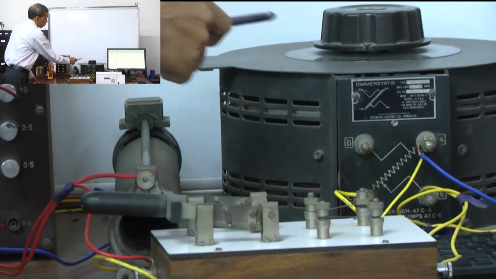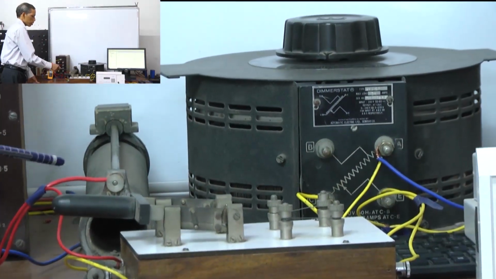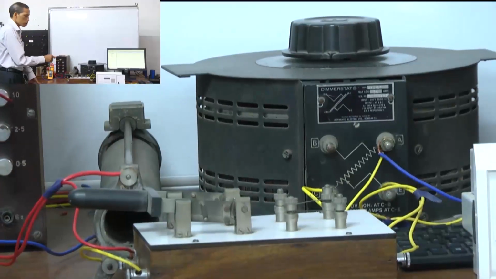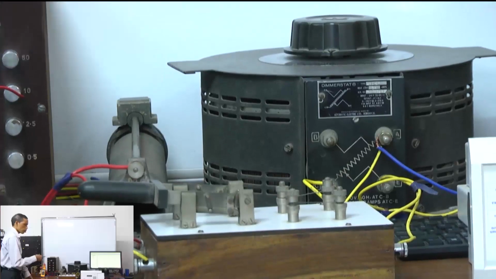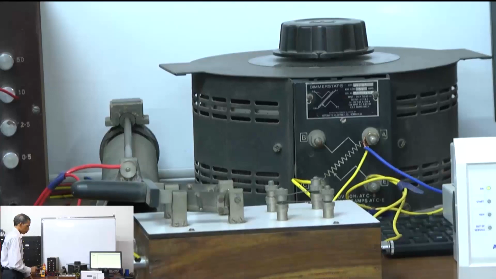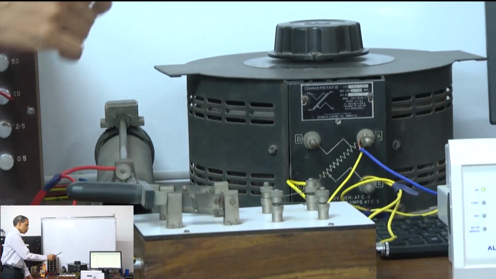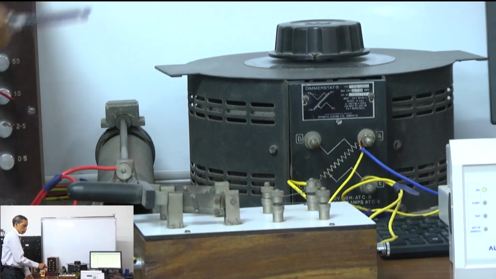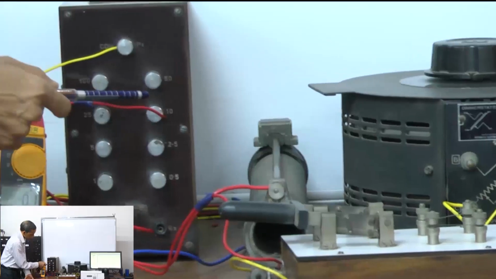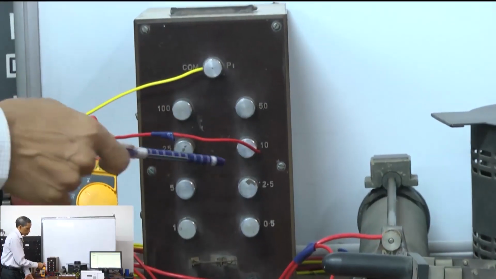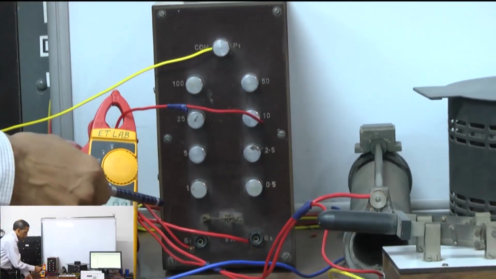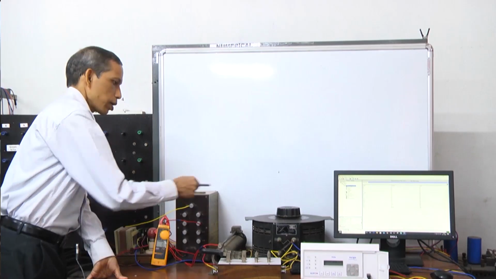When you go on increasing the voltage through the auto transformer, the current through the resistor increases. That is our power system, which emulates the distribution or transmission system for which the overcurrent relay is being used. This overcurrent relay takes the signal from this small system through the CT. The CT primary, the 10 ampere side, is connected to this circuit, and the CT secondary of 5 ampere is connected to the relay side through the wiring.